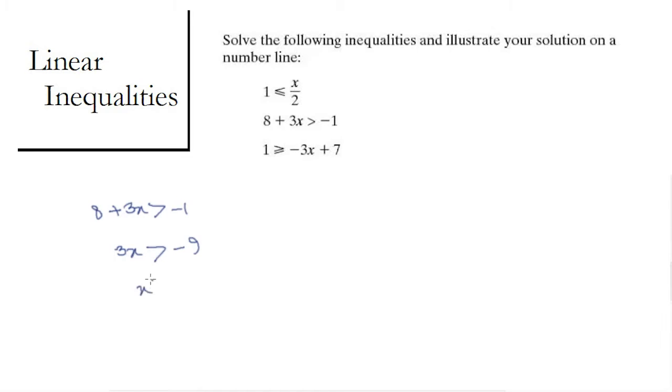But if 3x is greater than negative 9, for that to happen, x must be greater than negative 3, because anything that's smaller than or equal to negative 3 will give you answers that are smaller than or equal to negative 9. So again,